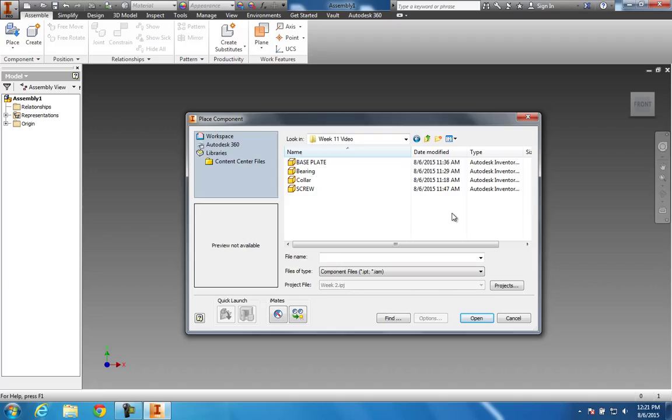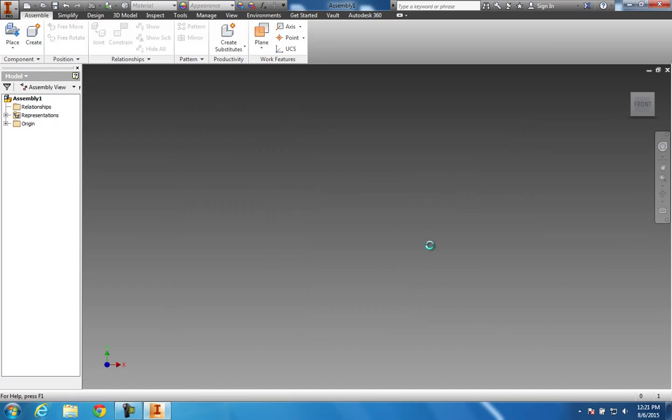And when I open those, I just made myself a folder and I called it Week 11 Video. But first thing I want to do, and you don't have to do it like this, but I think it's easier, is to find the largest part, which is the base plate. And it'll show it when you click on it right here. And the reason I do that is because when I open that up, and you'll see